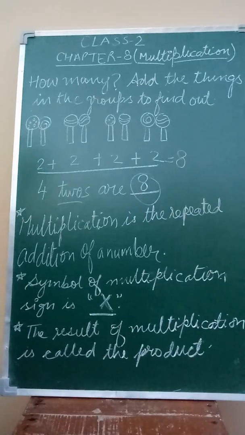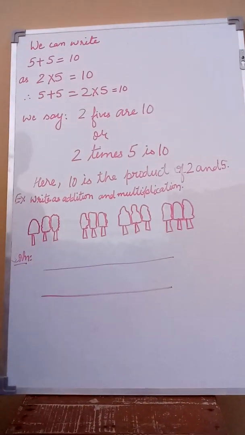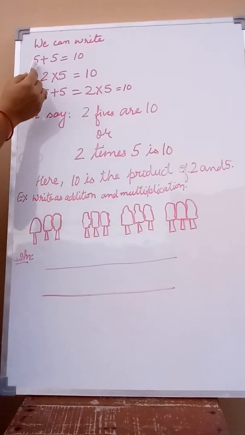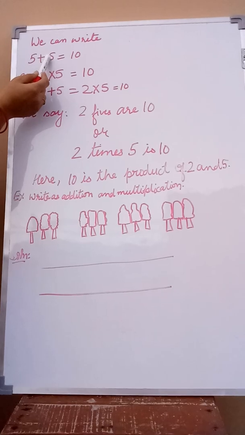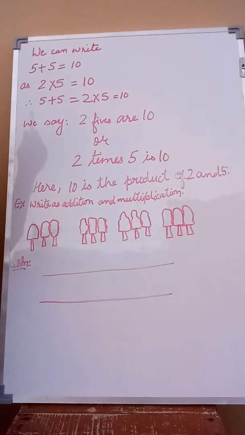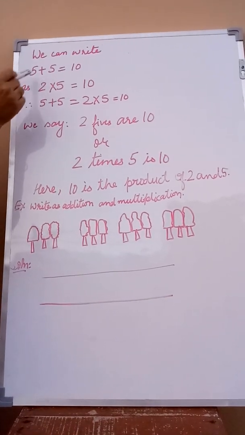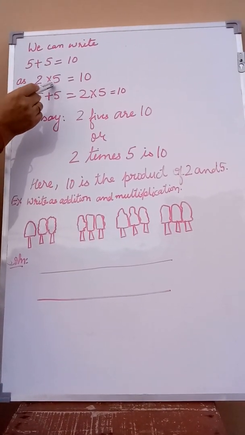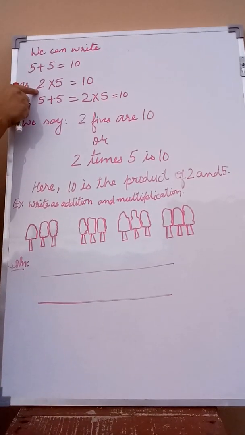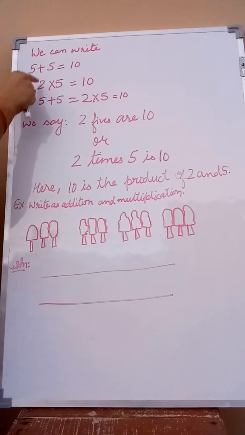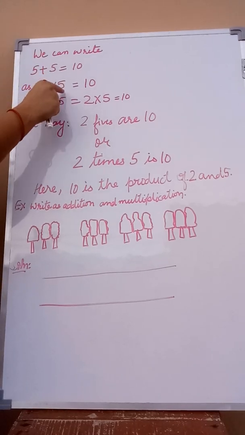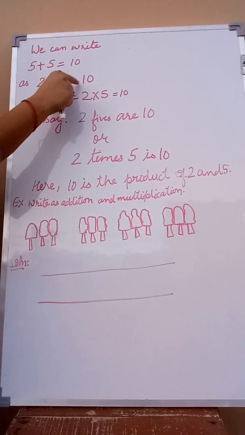Right student? Okay, suppose I have five different type of candies. How can I write these candies? 5 plus 5 equals 10. I have 10 candies, 5 of different type, 5 of different type. I can also write this 5 plus 5 as 2 multiplied by 5. Why? Because the 5 is repeating 2 times. A number is repeating how many times, we write in the first place, then put the multiplication sign, and the number which is repeating we write there, equals to 10.